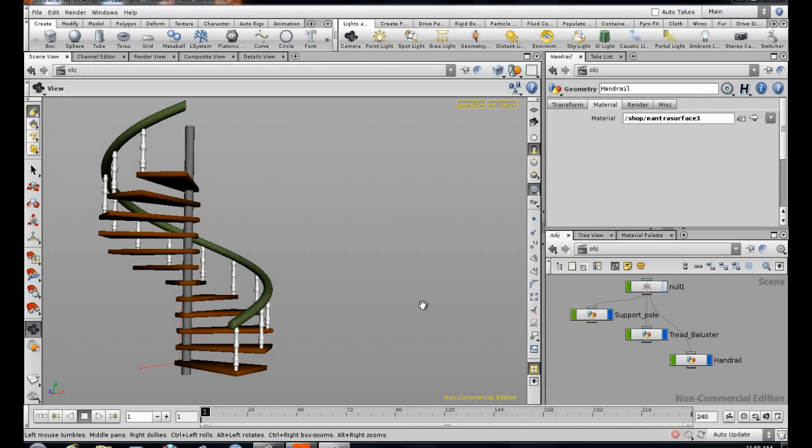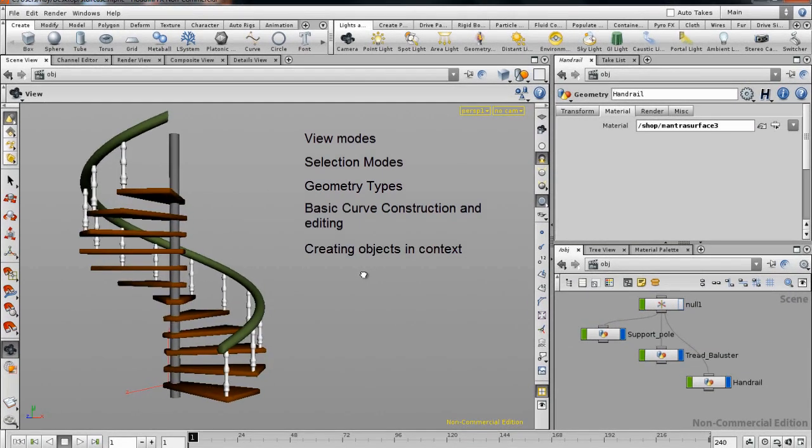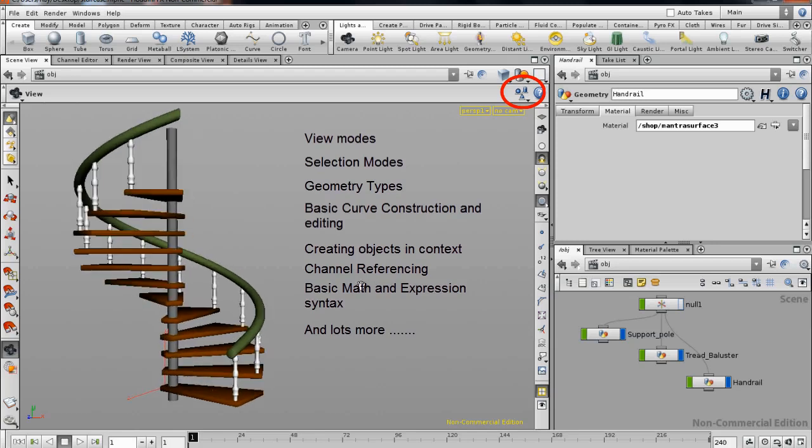Welcome to Getting Started with Houdini 1. If you're new to Houdini and you've been having a bit of a difficult time finding your way around the interface and understanding the various view modes and that sort of thing with Houdini, then this is certainly the tutorial for you. In this tutorial we'll look at view modes, selection modes, geometry types, basic curve construction and curve editing,